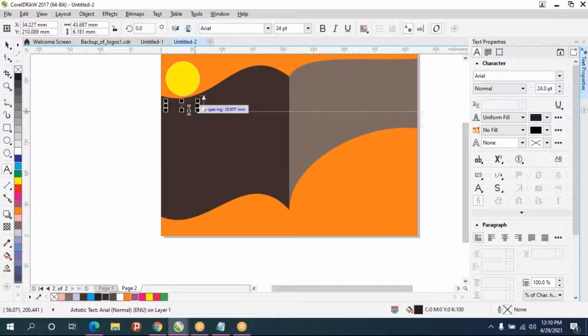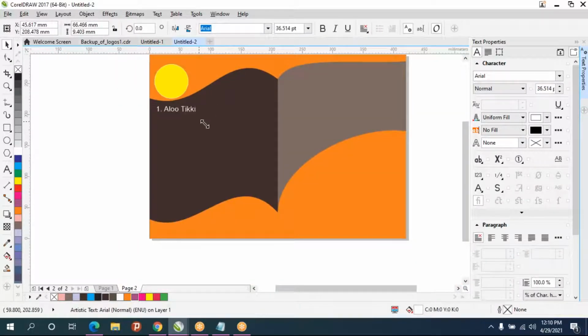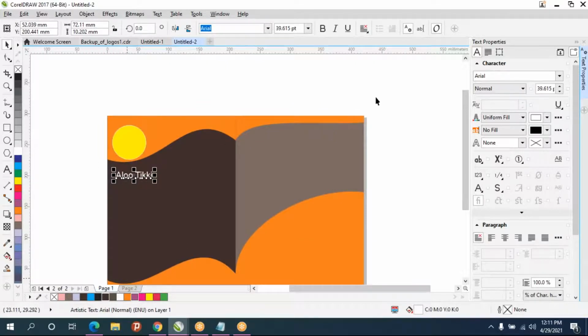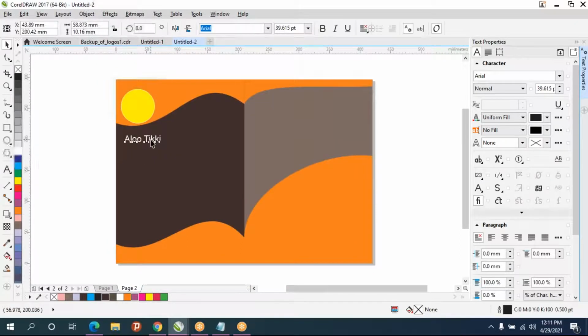So the font is not visible. So I'll select the text and apply white color. Because the background is dark, always remember that if the background color is dark, make sure that your text color has to be light. And don't always use fantasy fonts. For headings, for this kind of thing, you can use fantasy fonts. But for this kind of content, just keep normal fonts only.